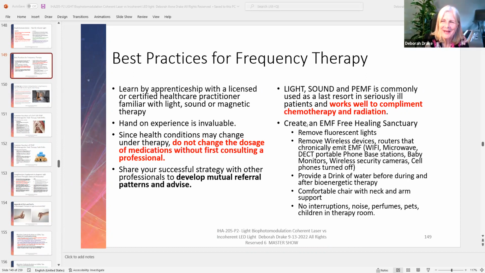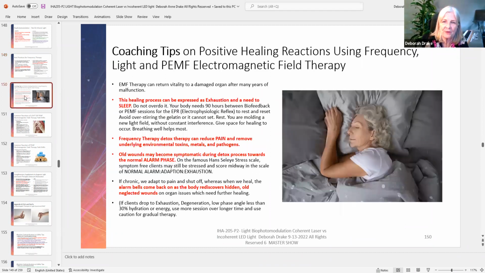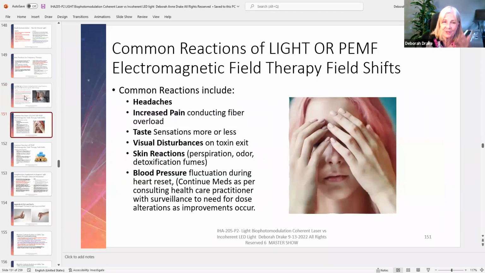Appreciate that. Okay, so as we were just saying before we got clipped out, the contraindications are few, and you can use light therapy in almost anybody. I'm not going to go back over how we talked about frequency therapy can cause exhaustion. You may need time to detox, to bring out the metals and toxins. So I want you to be aware that light therapy is pretty darn strong, and it does accelerate the system. I think it's much faster than some of the other methods we've been using. So you might see that old wounds become symptomatic quicker. So you just need to take it easy. If you get headaches, if you're disturbed, your taste is off, your blood pressure is changing, you may have to watch out.